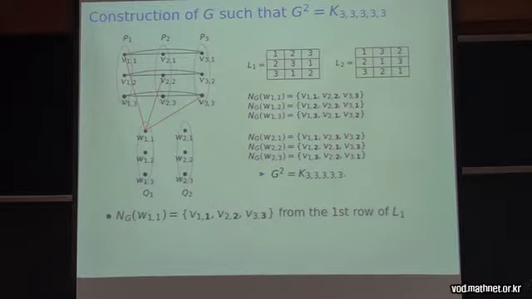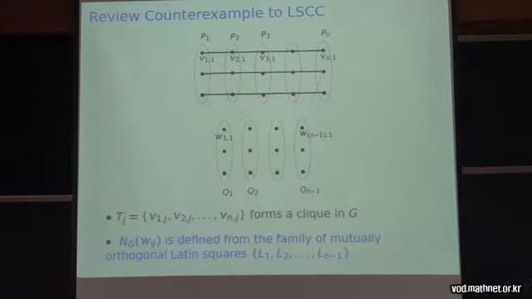When n is 3, any orthogonal Latin square is okay in some sense because of the very small size. But if n is big, not every orthogonal Latin square will work. That's one difficulty when you prove it in general. So we try to find one good orthogonal Latin square. What we need was